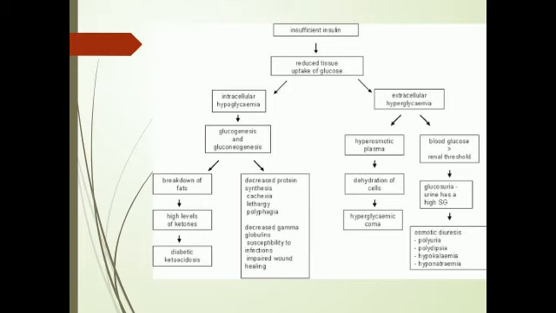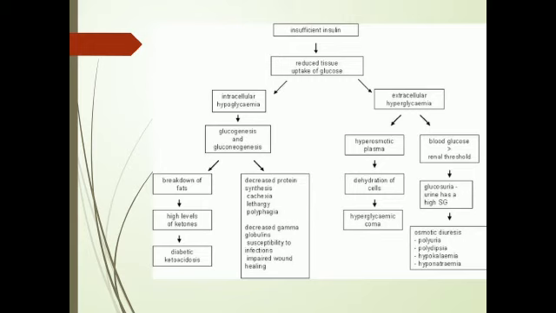What is polyphagia? Polyphagia means increased eating. I told you the satiety center in the hypothalamus requires insulin for the cellular uptake of glucose. So when insulin is not present, the cells will not take up glucose, and they will think there is low blood glucose. So the person tends to eat more. That is polyphagia. Decreased protein synthesis also results in decreased gamma globulins, which are the antibodies. When there are decreased gamma globulins, there will be susceptibility to infections and impaired wound healing.